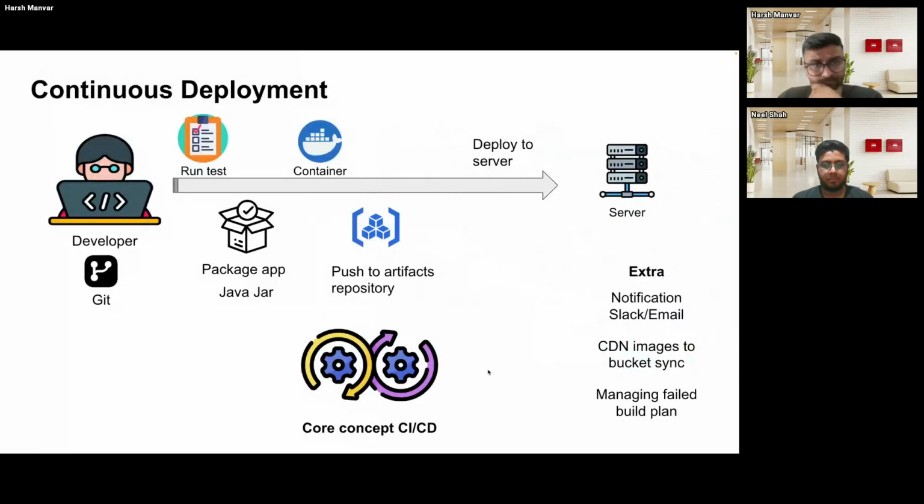Okay. Now, this is how continuous deployment or delivery looks like. The basic concept is we were able to create the container image, and we push it to Artifactory. Once that image is available, then we will deploy it to the server. So this is how the complete CI/CD flow looks like. You have a developer committing the code, then the test happens, the build happens, the container image building, and then it gets auto deployed to the server. This is what the continuous